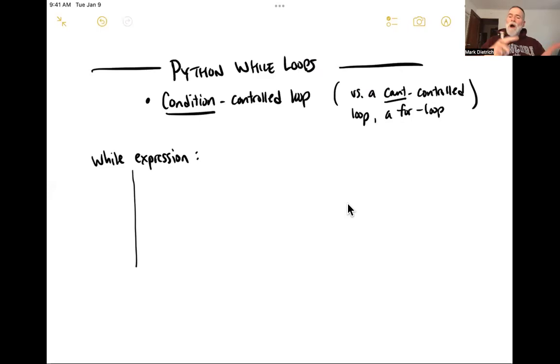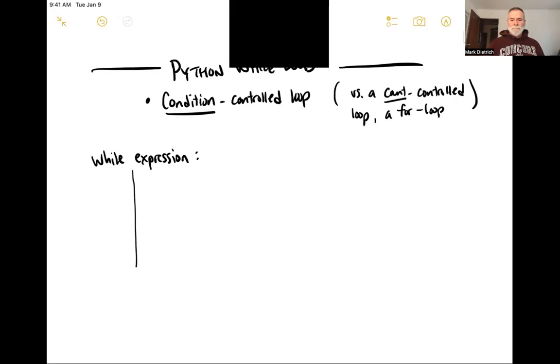We can use a while loop when maybe we're not sure how many iterations we will ultimately do, but some condition will be met. And at that point, our loop will stop. So while loops need some type of a condition, some type of an expression,